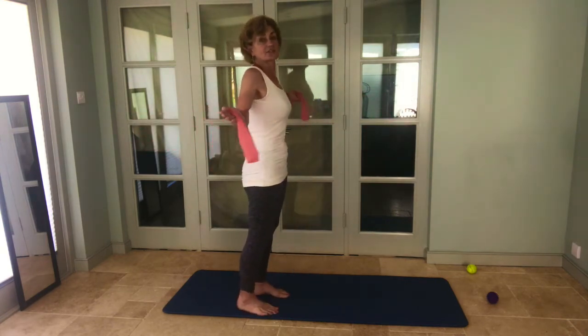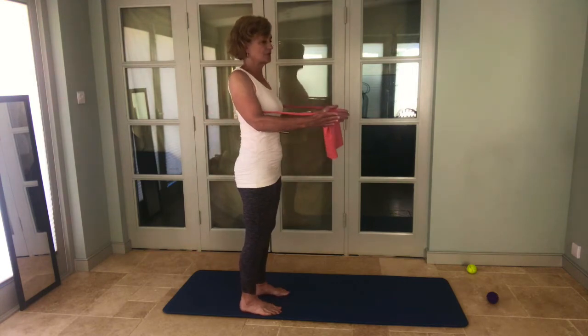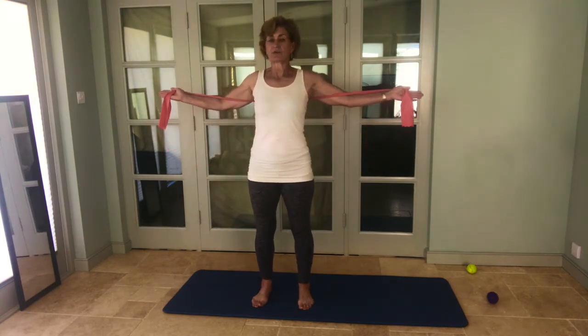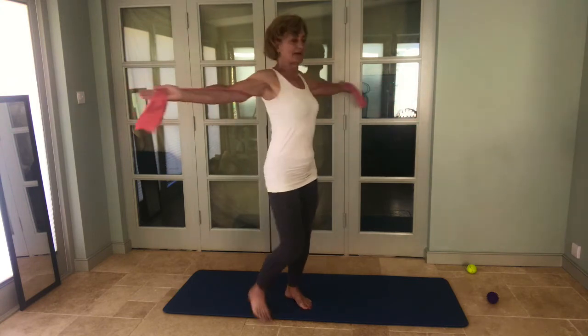Carefully don't arch your backs. Nobody wants to be doing that. You want to keep your back against the band. And then forward. Okay, we've got one more, and we're going to stay out. And we're going to reach out with the band. Now the band is wrapped around my arm, behind my back, and just coming across the top of my palm. Reach out, and you're going to do